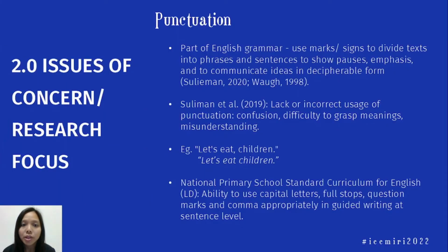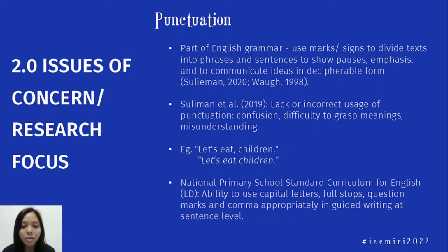So what is punctuation? It is a part of English grammar which uses marks and signs to divide text into phrases and sentences to show pauses, emphasis, and to communicate ideas. So Suleiman and others mentioned that lack or incorrect use of punctuation may cause confusion, difficulty to grasp meanings, and misunderstandings. For example, let's look at this simple sentence, "Let's eat, children." But if I omit the comma in the middle, it will become "Let's eat children." So these sentences use the same words, however, the omission or the incorrect use of punctuation may change the meaning